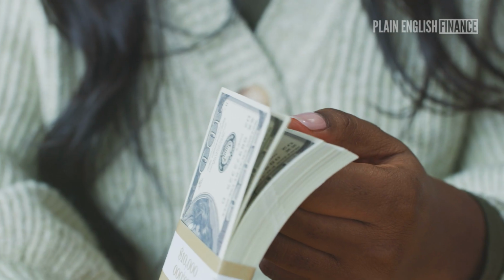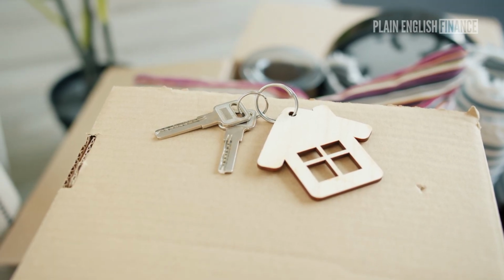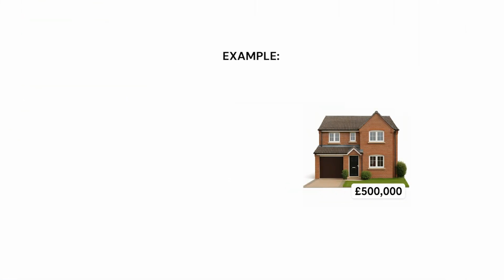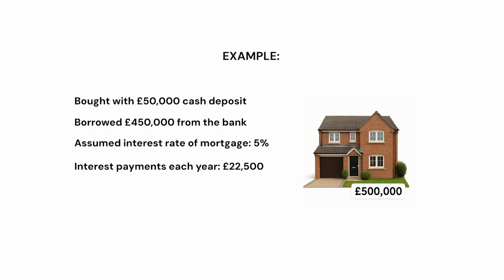And then there is the cost of money. Perhaps most important of all, most people will need to borrow money from a bank in order to buy a property. And when you take out a mortgage, you have to pay interest on that money, obviously. So to keep the maths easy again, in the £500,000 example we're using here, let's say you might have bought this property with a £50,000 deposit in cash and then borrowed £450,000 from the bank. If we assume the interest rate on that mortgage is 5%, then you'll be paying the bank £22,500 in interest payments each year. That's 0.05 times 450,000. And that's